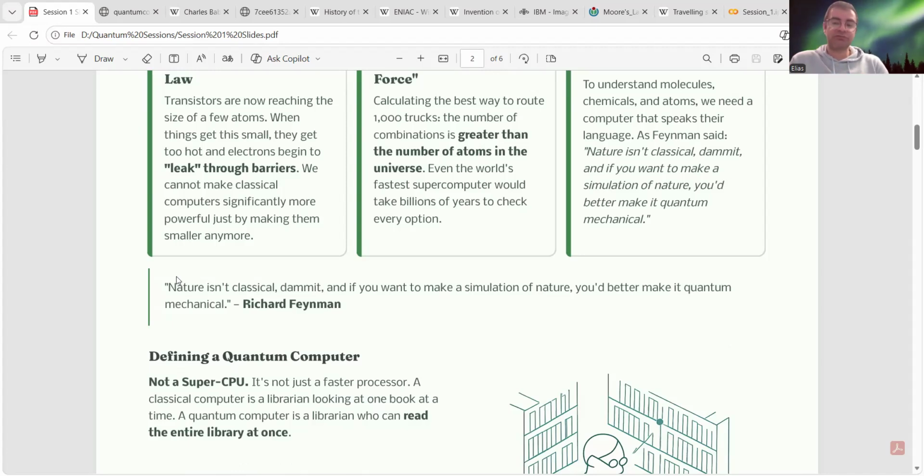If you look at it, it's actually very powerful. It's a powerful thing that Feynman said, because even with the power of AI and machine learning, we are doing great stuff, but we are still using transistors. We are still using the classical computing concept. Nature is quantum mechanical. Everything is built upon molecules and atoms. So if you want to simulate the atoms in the right way, you have to use atoms for the simulation itself.